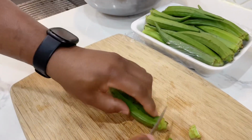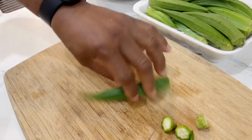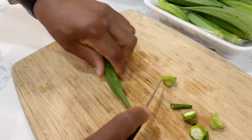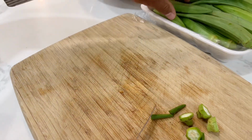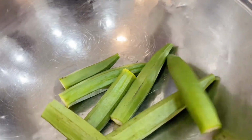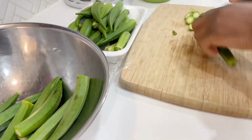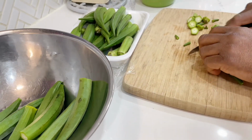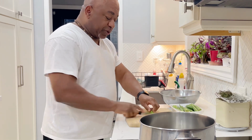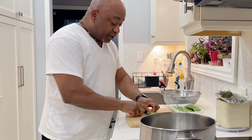So all I do is just remove the tips off the okra. I keep them whole and just remove the tips, the top end as well as the bottom end. So as we remove the tips of the okra, the top and the bottom, we can talk about